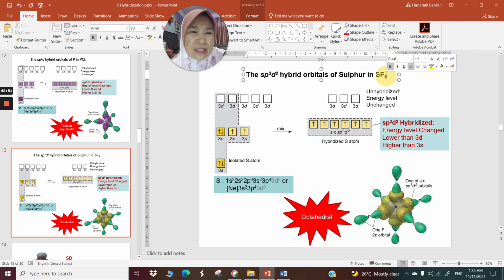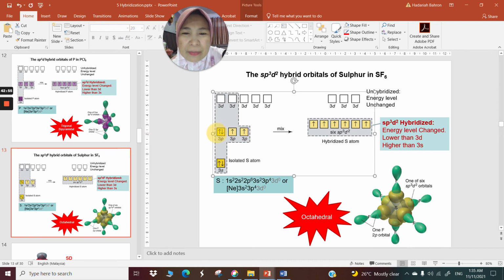To get 6 bonds, you need to mix S with the 3 p's and 2 of the d's. You need 2 more, because 1, 2, 3, 4, 5, and 6. So it's sp3d2, and the unhybridized orbitals, the 3dx, the 3dy, and the 3d,